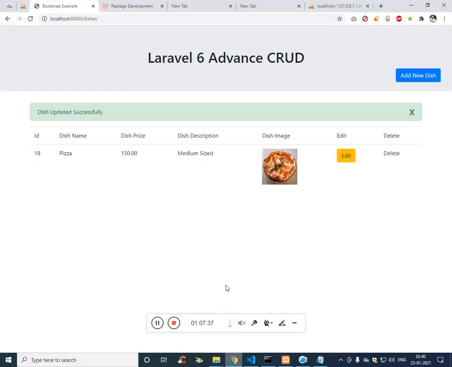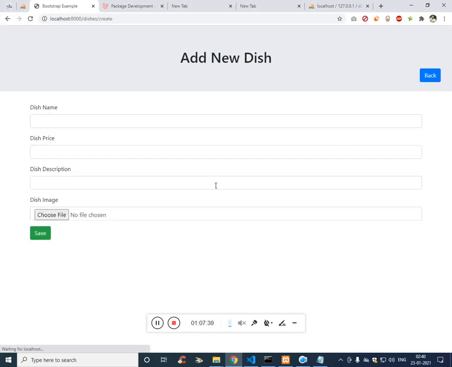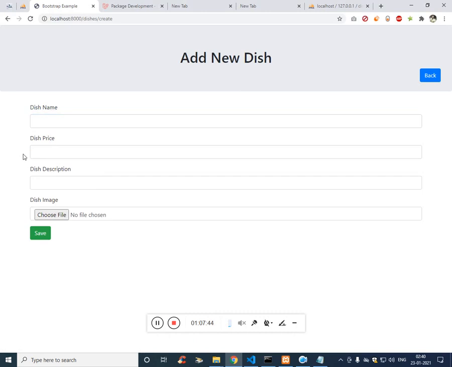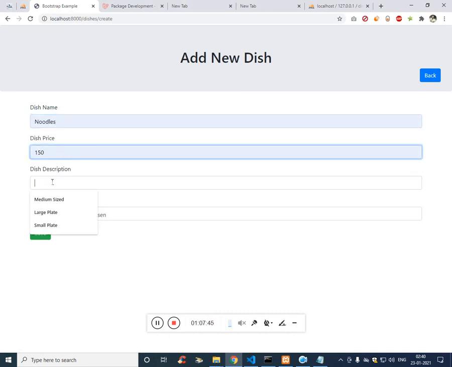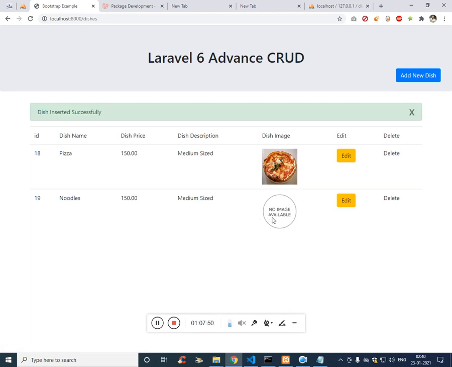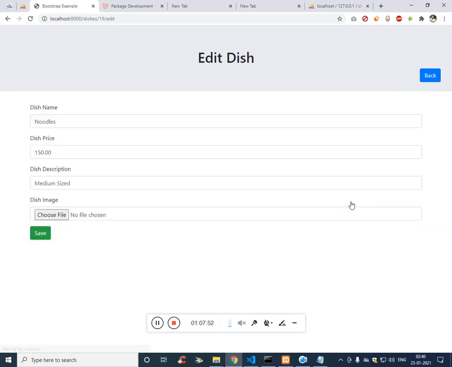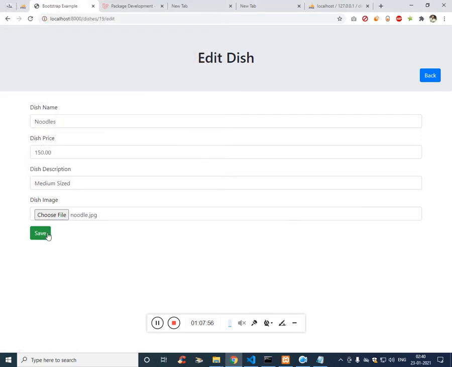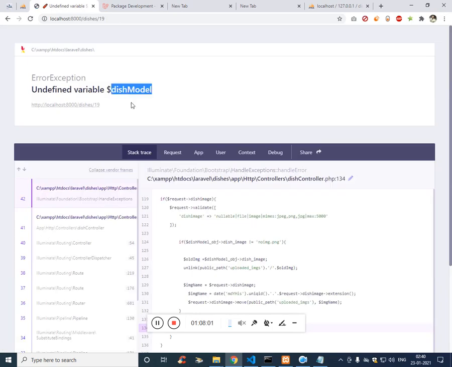And now let's add the blank image, not pizza this time. Click on save. Blank image is also available. Click on edit, and then let's add noodles. Noodles should be updated, and the dish model is making issue.